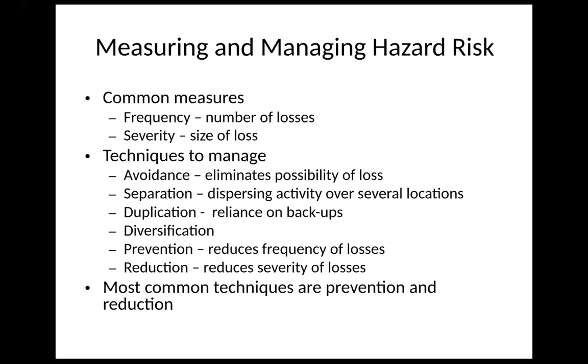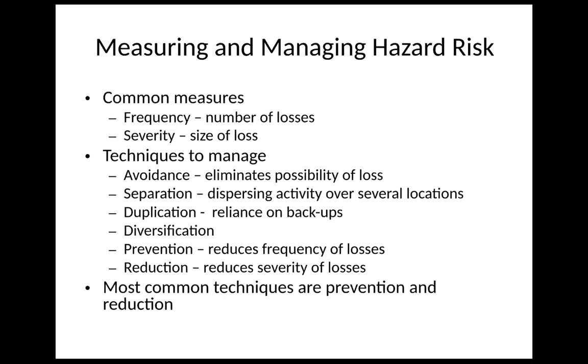You see a lot more companies that are diversified. Just like if you're buying stocks for your retirement, they always talk about diversification, right? You don't want all of one stock. You want to separate that just in case one stock doesn't perform as well, you might be able to make it up on another. The other techniques: prevention, which is the focus on reducing frequency of a loss, and then